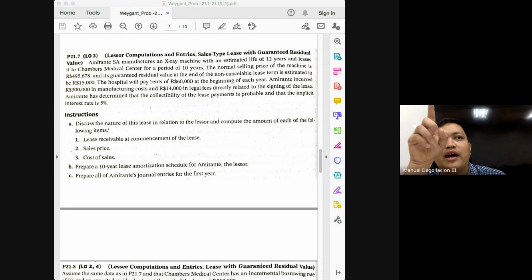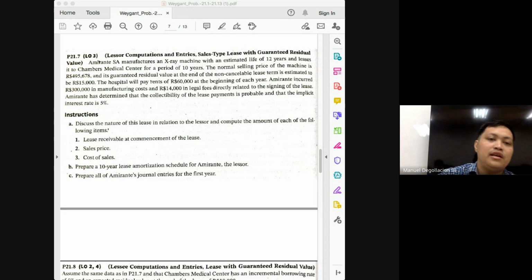But when do we recognize this revenue, class? This revenue will already be recognized in year 1. Even if it will be paid on January 1 of year 2, it will already be recorded and recognized in year 1 following accrual. So the answer to the question for year 1 interest income is already 21,784, even though it is not yet received. So to answer the question, how much is the interest revenue for the first year? It is already 21,784. So when you prepare your adjusting entries at the end of the year, what will you do?